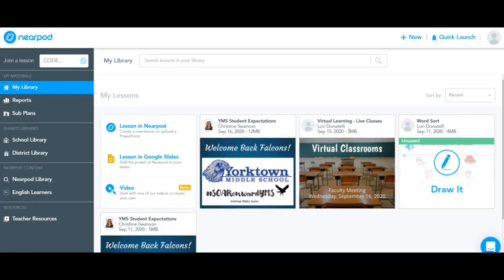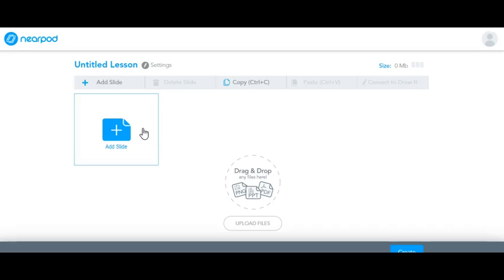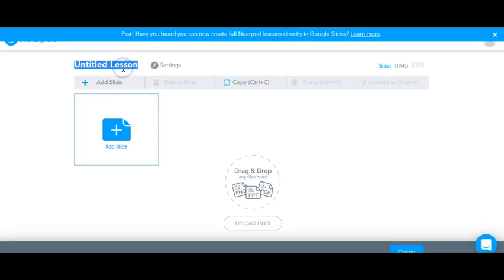Once I've logged into Nearpod with my YCSD credentials, click on Lesson in Nearpod, and we're going to create a new lesson. So my example is for a science class, so I might call this Independent and Dependent Variables. So what I want to do is I want to put in a PDF that my students can write